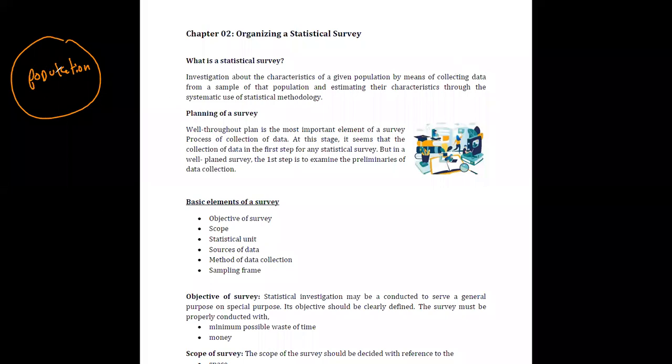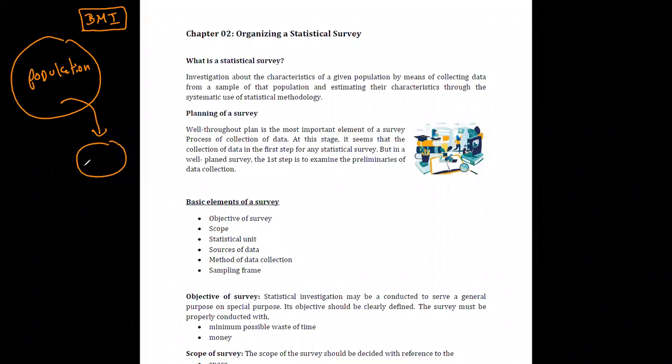It means that suppose you are a group of students, and I'm simply taking this example. If I just need to have an idea regarding the height of the students or the weight of the students, or simply I'll take the BMI of the students, then I will have a student population, and what I need to do is collect data based on this population.